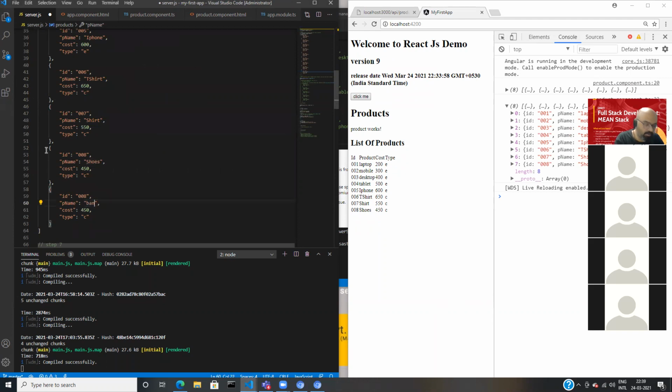Socks, say band. Okay, band. I'm not sure the band spelling is correct either. So one more product got added.